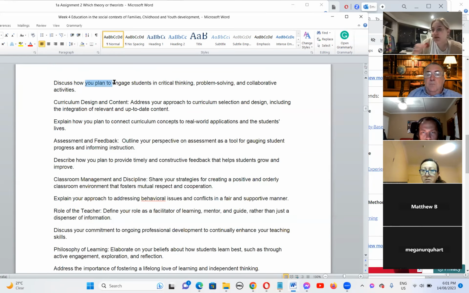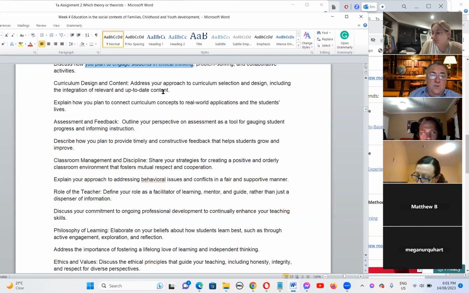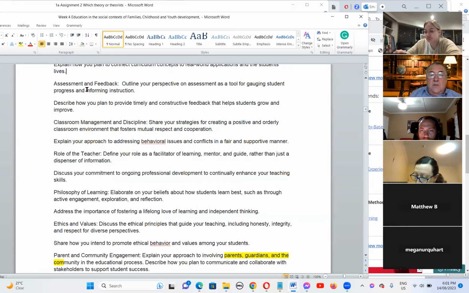You could discuss how you would plan to engage students from different backgrounds, not only in critical thinking and problem solving, but also those students who are struggling to fit in or those who feel bullied. You could include curriculum design and content, including ways that you show it's up to date and relevant. You could include the way in which you assess and you read feedback.